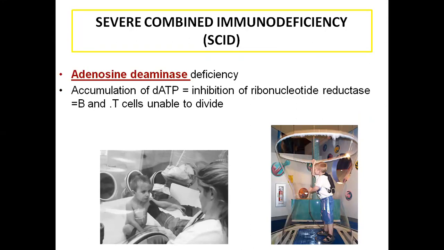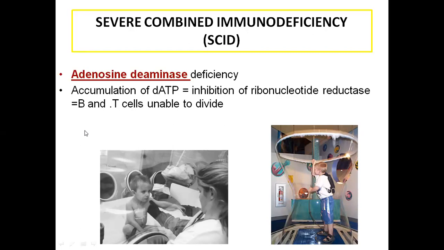So the active form of these nucleotides, the inactive form of these nucleotides. So these ribonucleotides get inhibited. So inhibition of ribonucleotide reductase inhibits the active form of these nucleotides, so that they can provide energy and be able to synthesize and regenerate these B cells and